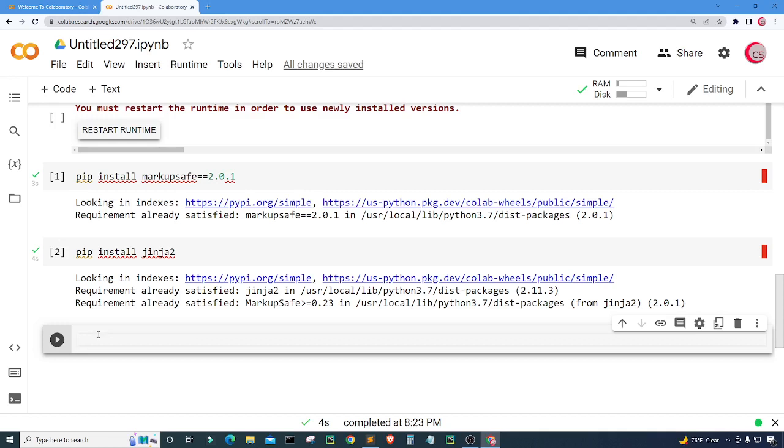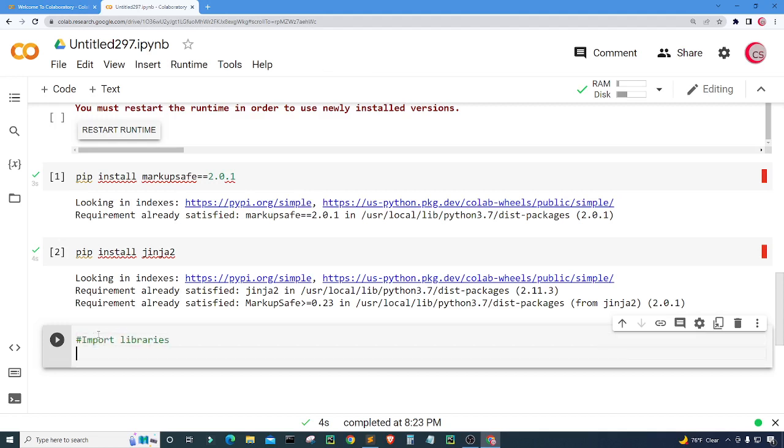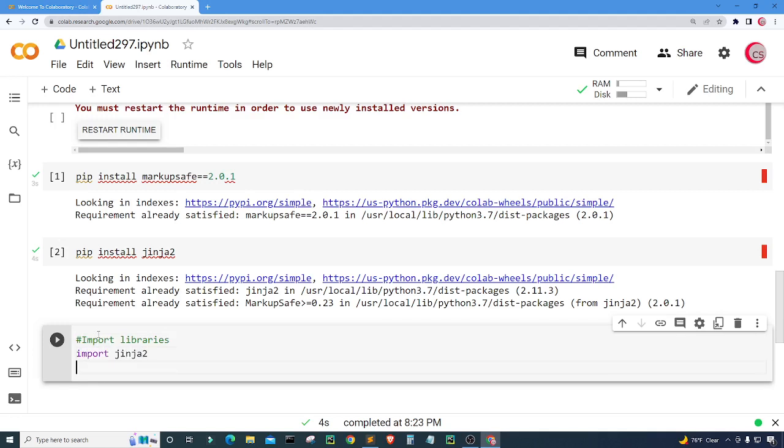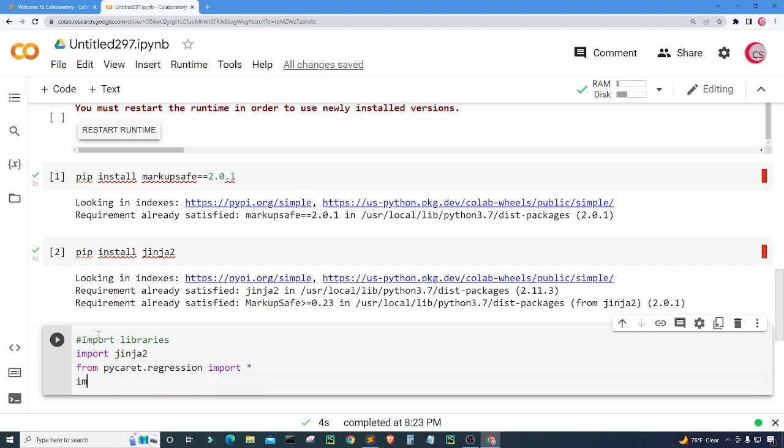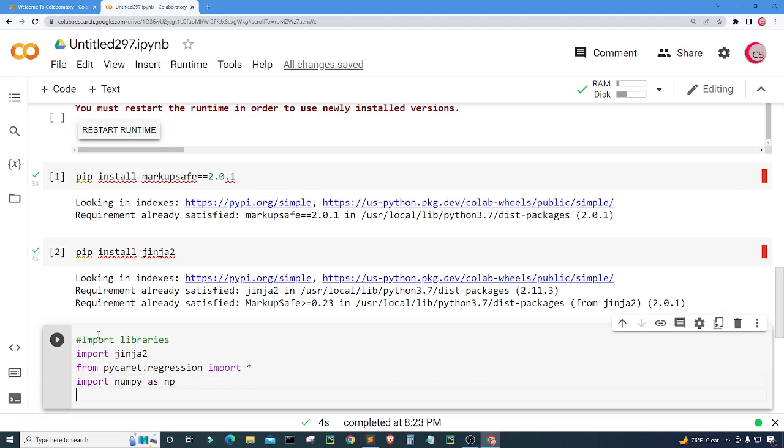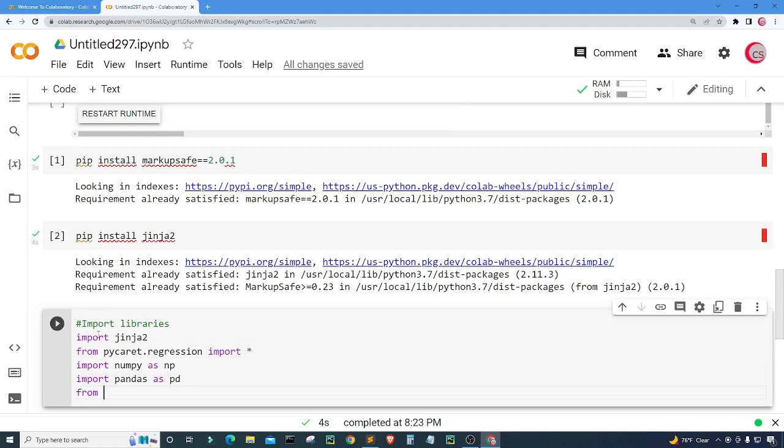All right, so let's continue programming. Here I'm going to import some libraries. I'm going to import Jinja2, and then from pycaret.regression I'm going to import star, and I'm going to import numpy as np, and I'm going to import pandas as pd. And then from sklearn.model_selection I'm going to import train_test_split. All right, so let's go ahead and run this cell,